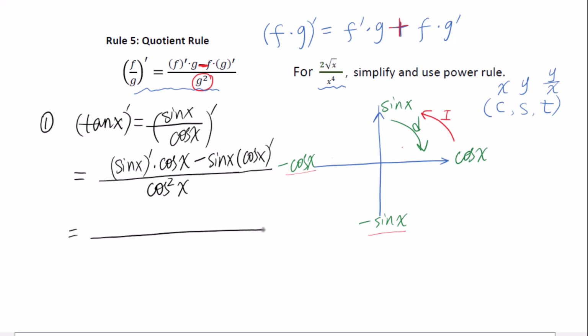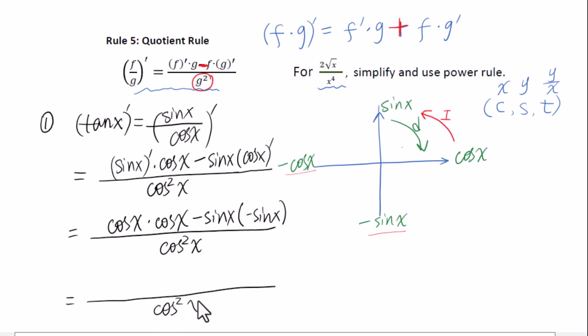Work this out. The derivative of sine x is cosine x, times cosine x, minus sine x times the derivative of cosine x, which is negative sine x, over cosine square x equals